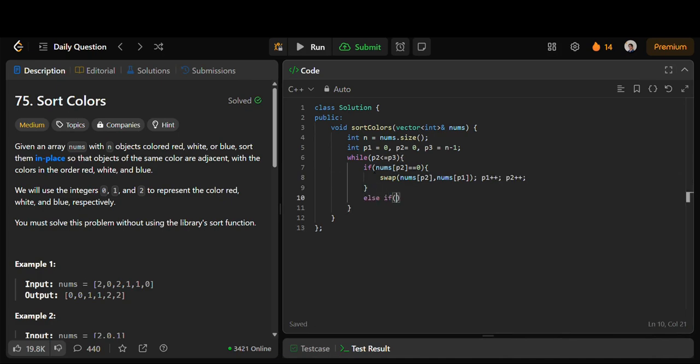Else if we get nums of p2 equal to 2, then we need to swap it with the value stored at p3. Yeah, so we swap that, and also we must remember to decrement p3. And else if we get 1, then simply we increment p2 and nothing else. So that's all. That is all we need to do. Swapping the things, and that's all. Our solution is done. Let's try to run it.